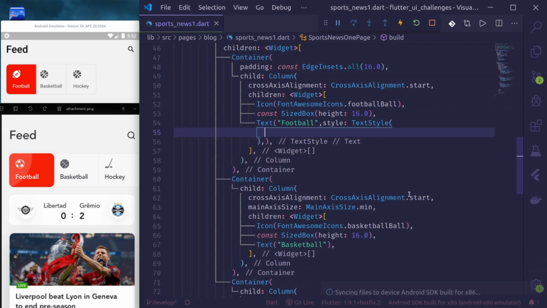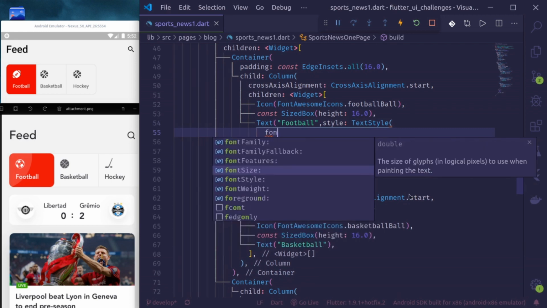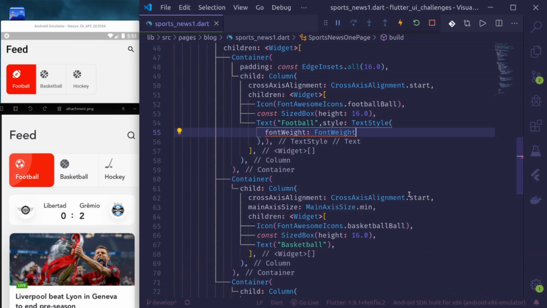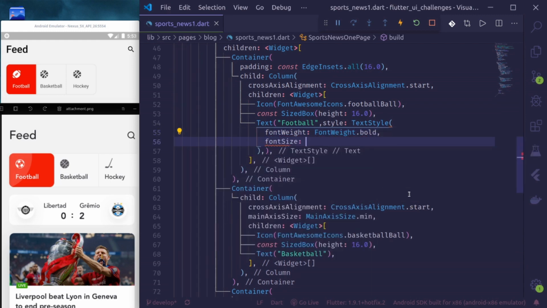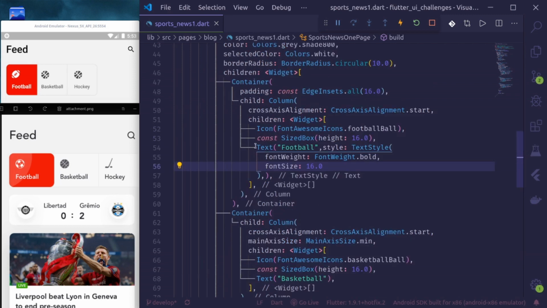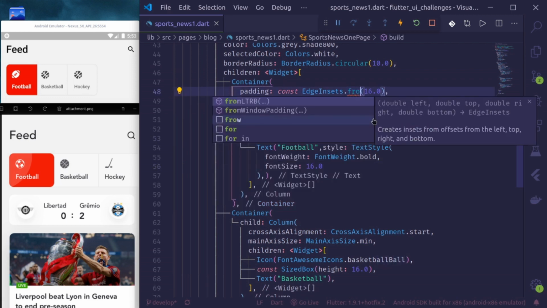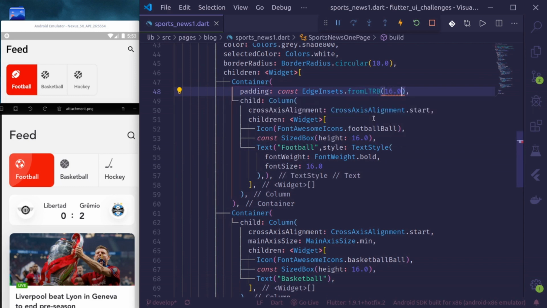Text style, font bold, font size, let's say 16.0. From left is 16, top is 16, right is 32, and bottom is again 16. Okay,